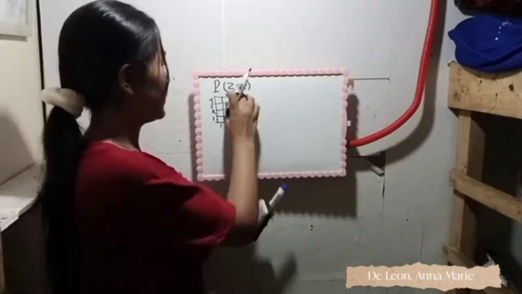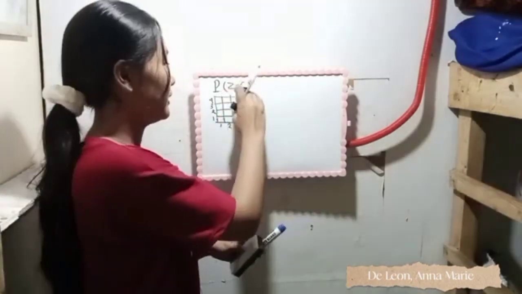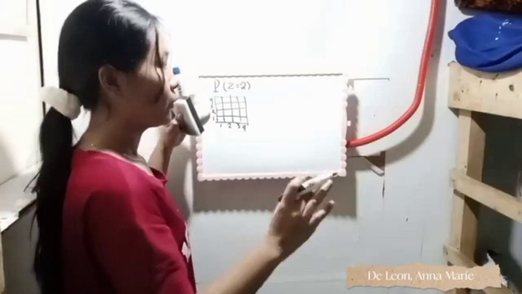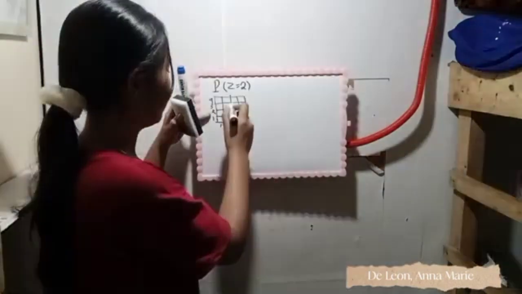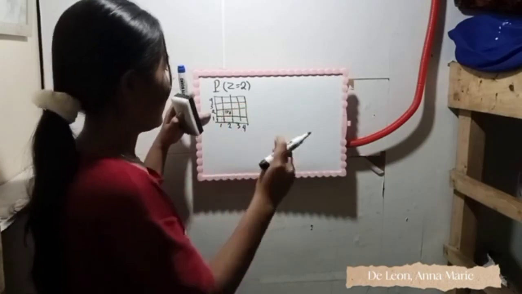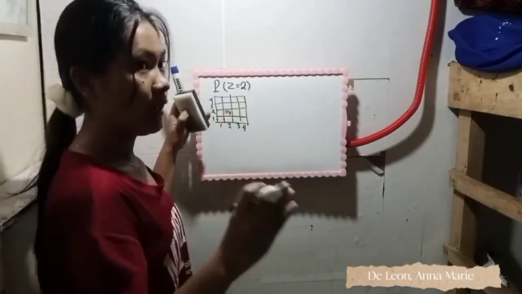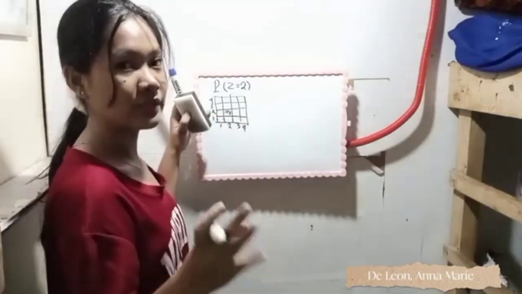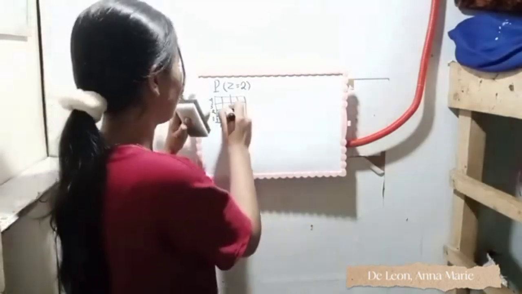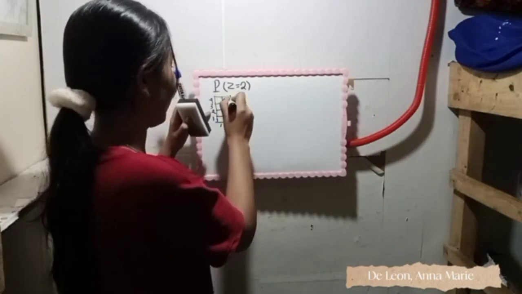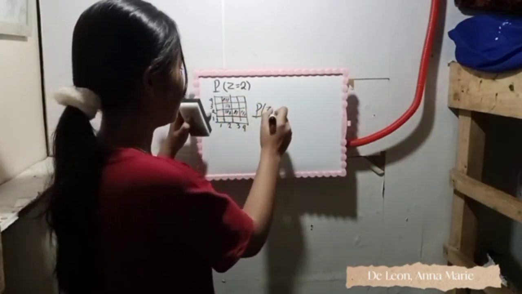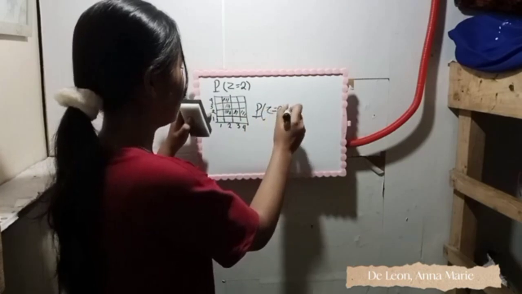And Z means the minimum is equal to 2. Meaning, the first row will result into 2, and the second row will result to 2 or greater than 2. So in this case, there are 5 possible outcomes. So the probability of Z is equal to 2 is equal to 5